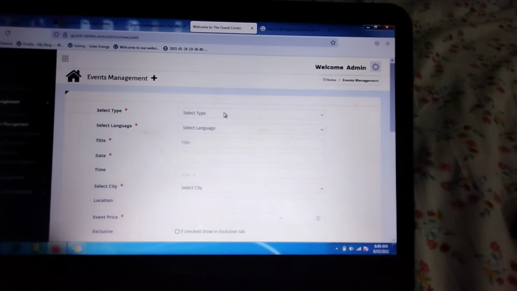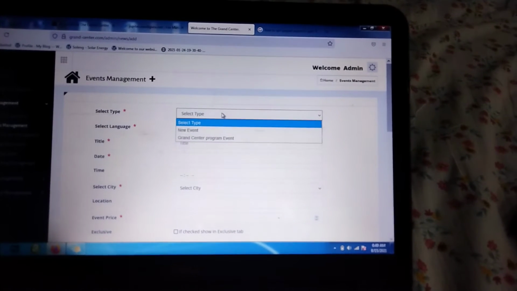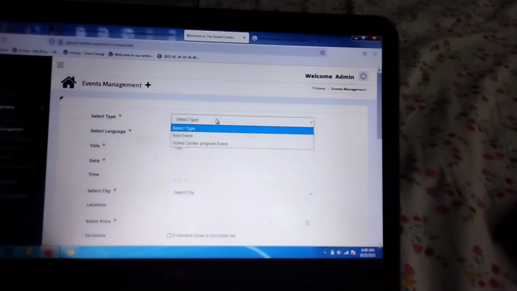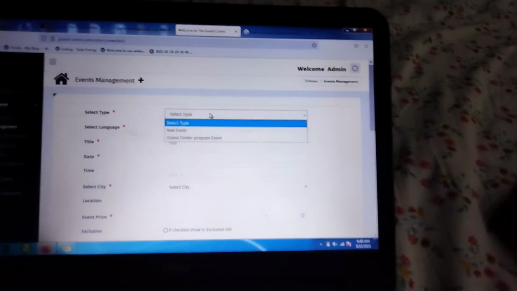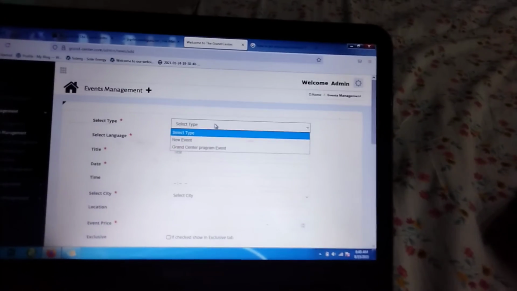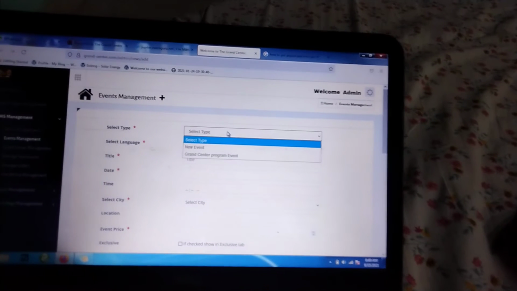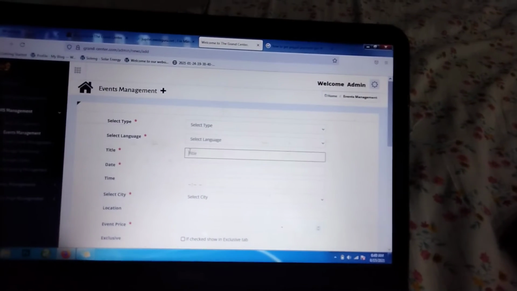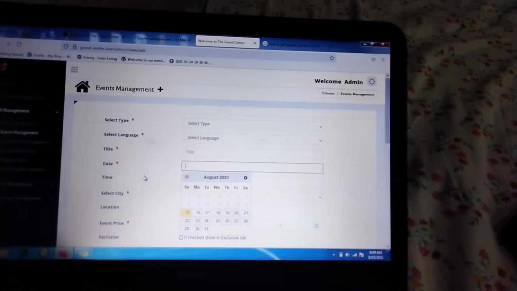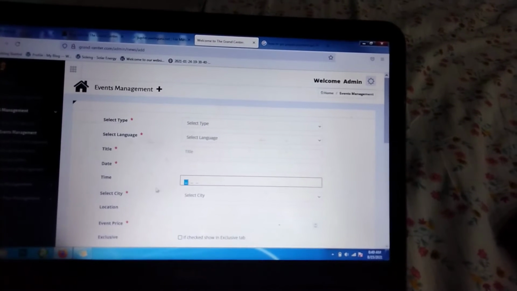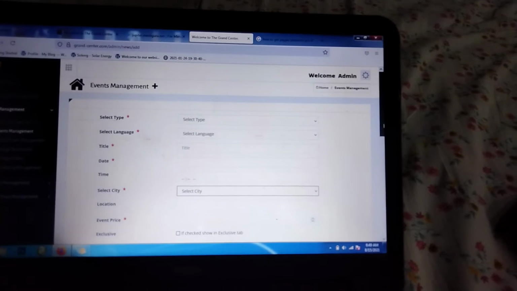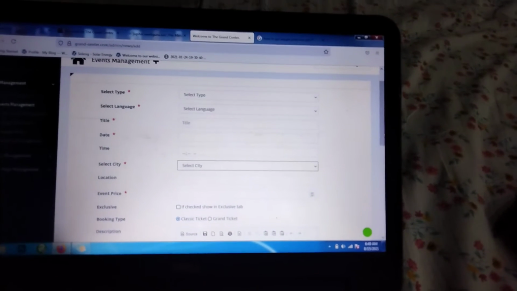Like as you click on select type here in the new events, there are coming soon events. Okay, and Grant Center program events, that is the Grant membership events. Okay, and you can write the title, date, and which timing. Okay, and select city. First of all you can put all the city names in the portal, and then you can select here.